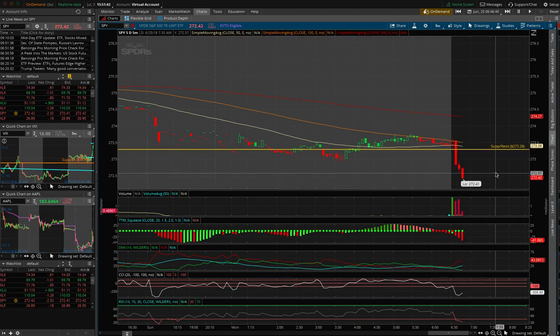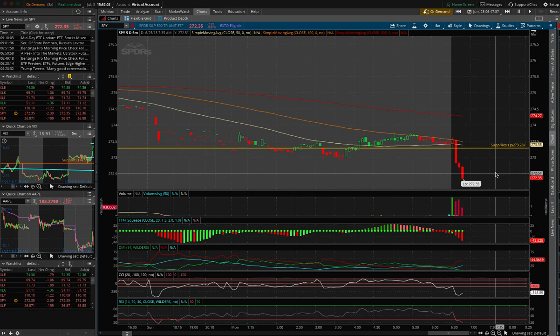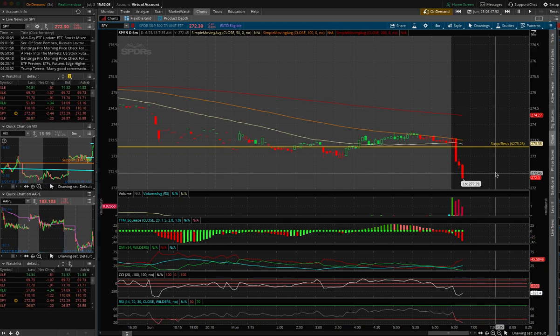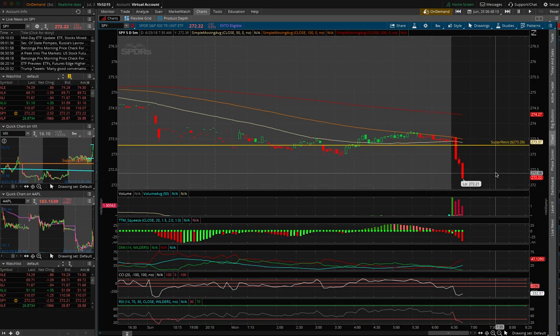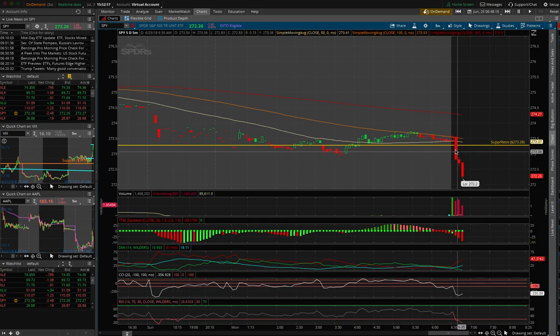So now on our daily chart, we don't have any support until the 270 area. And that's going to be our buy zone. So when it hits that area, we want to buy. But we're $2.30 away from that area. So we can get inputs here,